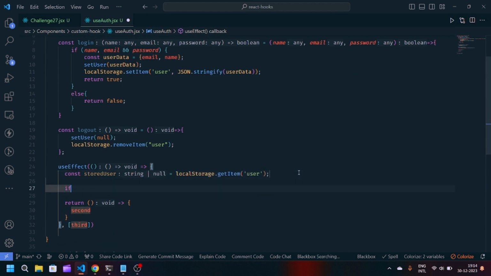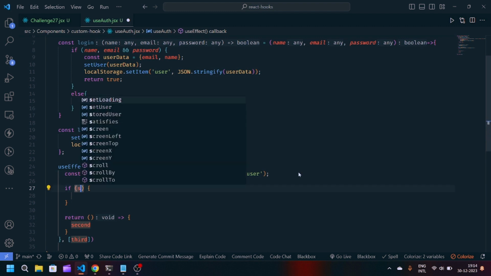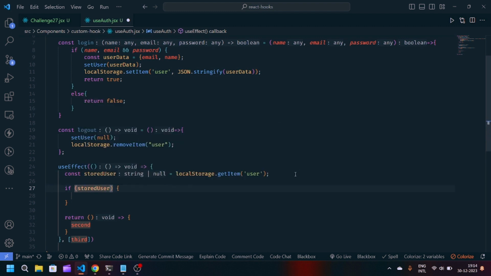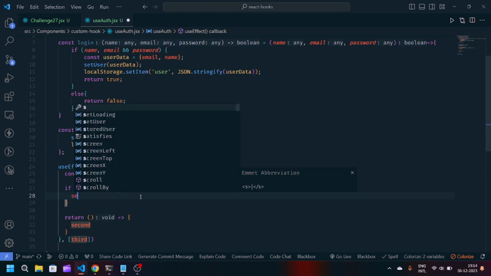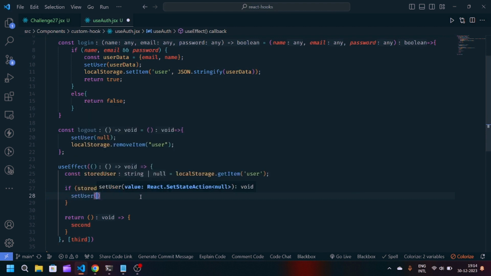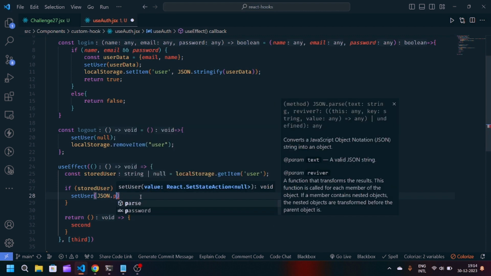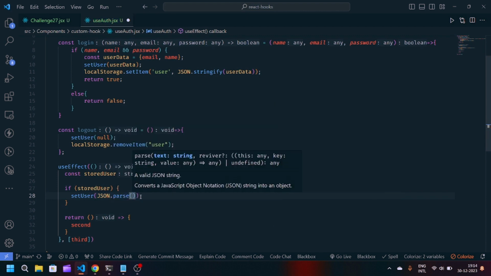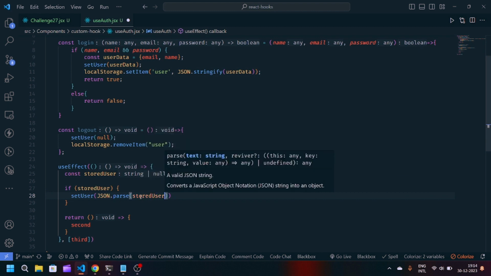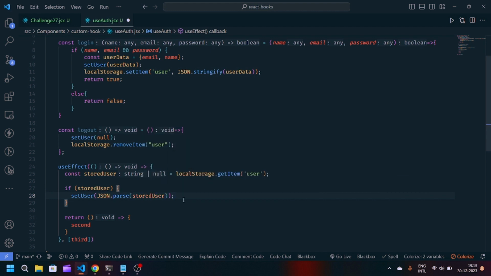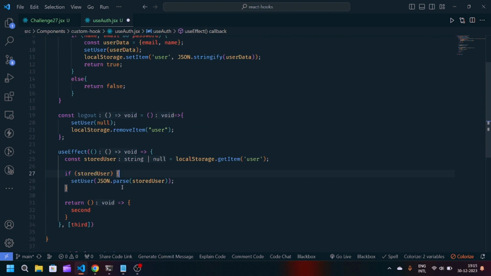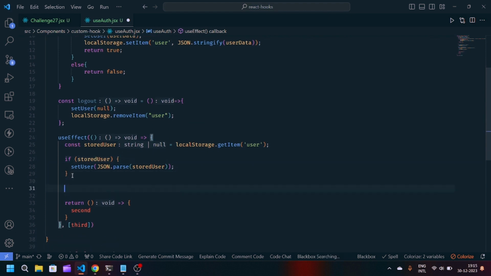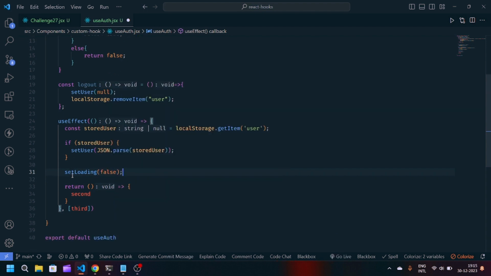And now if the stored user is present, then please set the user to JSON.parse storedUser. So whenever the authentication is successful, the user will navigate to the page. He or she can see the name by user.name. So that is something we have used a useEffect for, getting the item from the local storage when the component mounts. So now after the if statement, we will set loading to false,